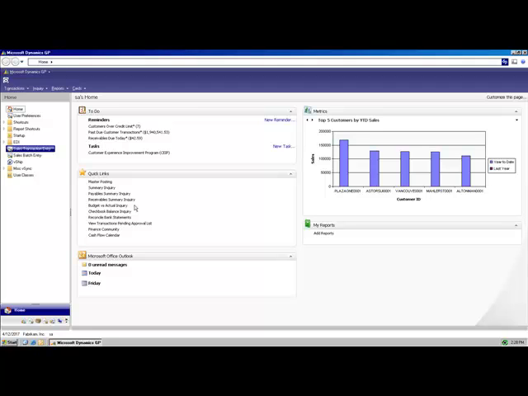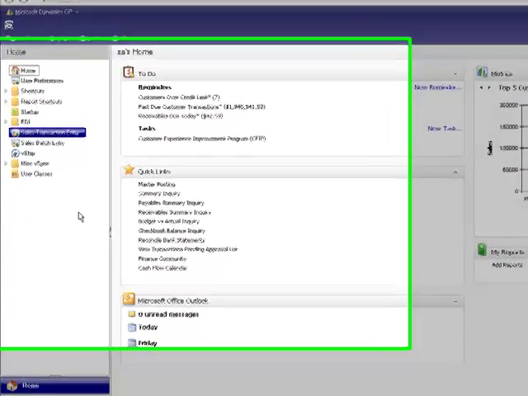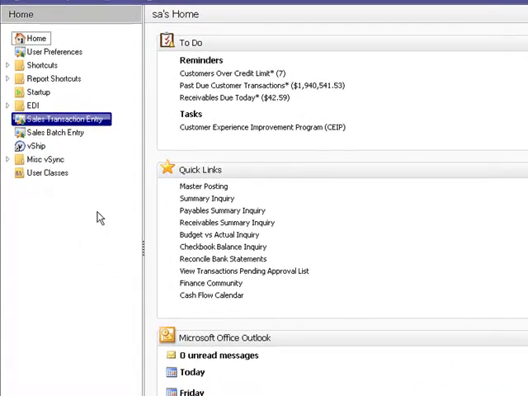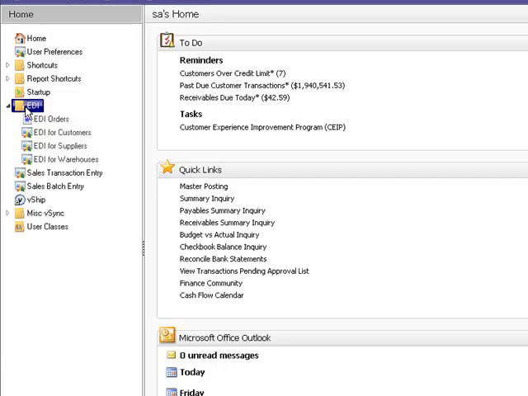Let's look at how a user would go about processing EDI orders from the time of receipt to the invoicing. Here we are inside of Microsoft Dynamics GP, and to initiate the process, typically the system is set up on an automated basis. However, today, so that we have something to show, we're going to actually go through and process